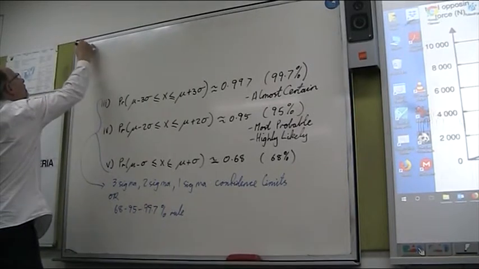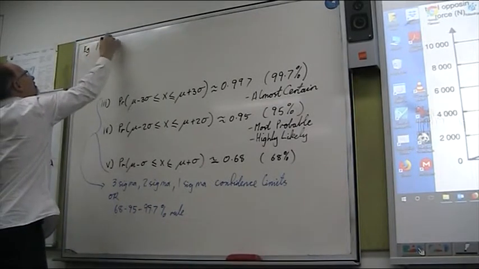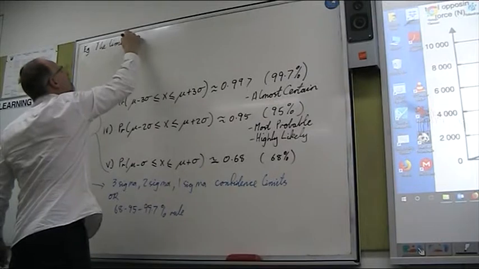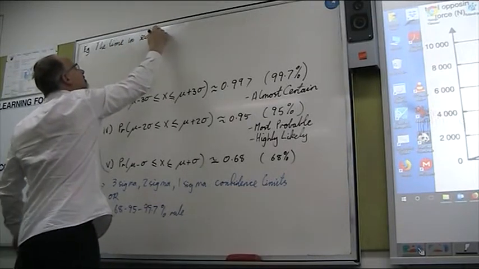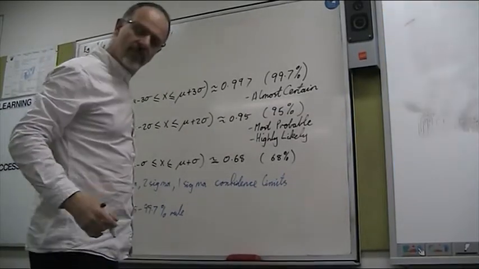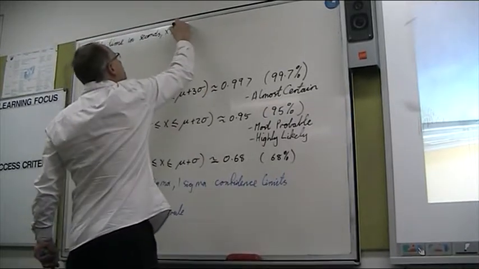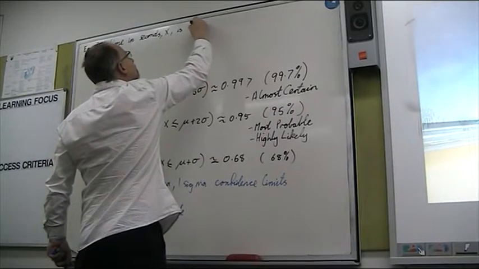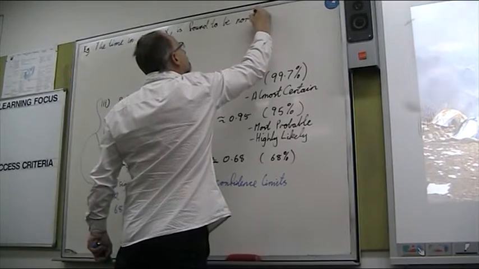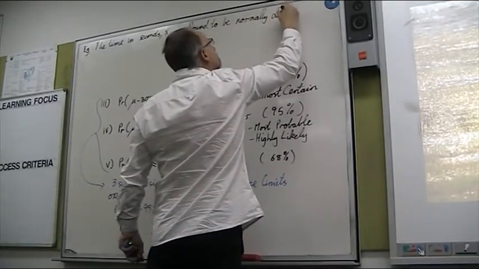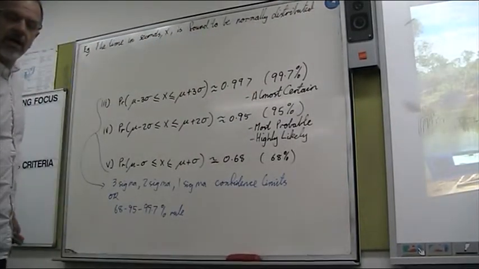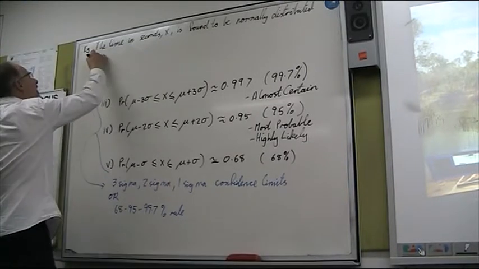So the time, in seconds, and that's X, if whatever is found to be normally distributed, where